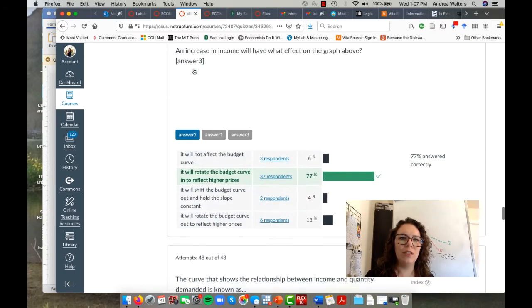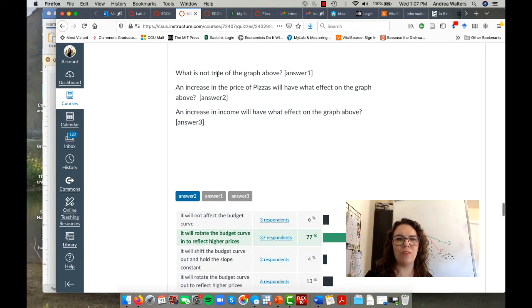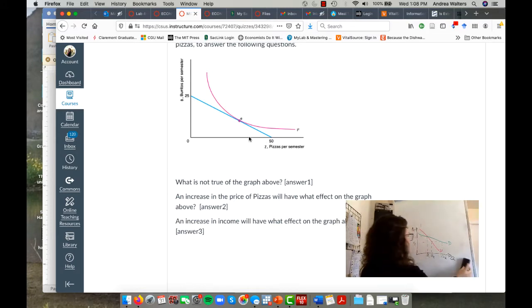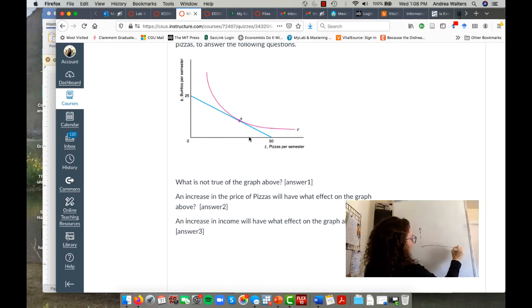Number two says an increase in the price of pizzas will have what effect on the graph above? So if we see the price of pizzas go up, what's going to happen is the same amount of money buys fewer pizzas. So we're going to see that budget constraint shift in. And let me show you what that would look like, right? If we've got our burritos and pizza consumer, no matter where we are, what is it, 25 and 50